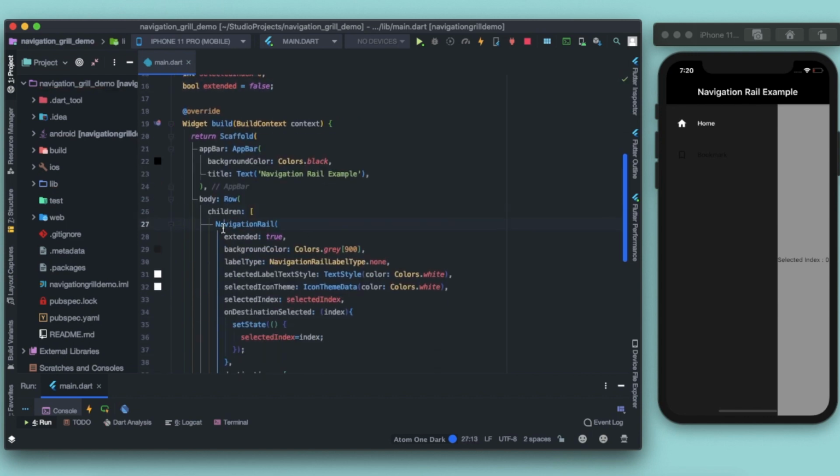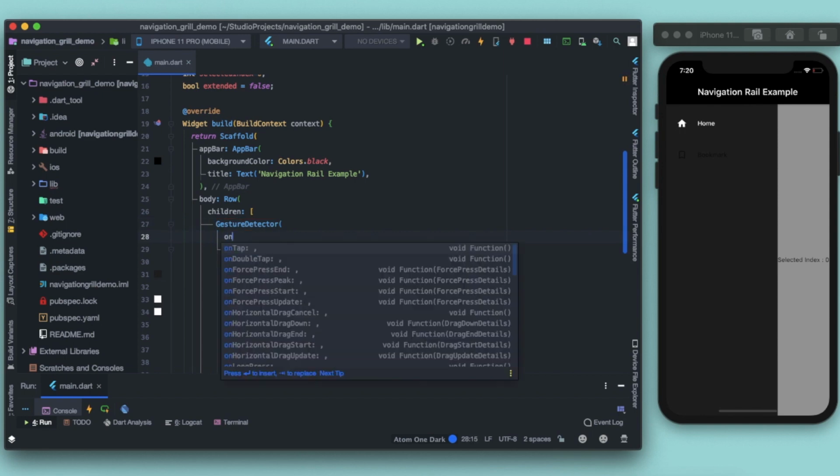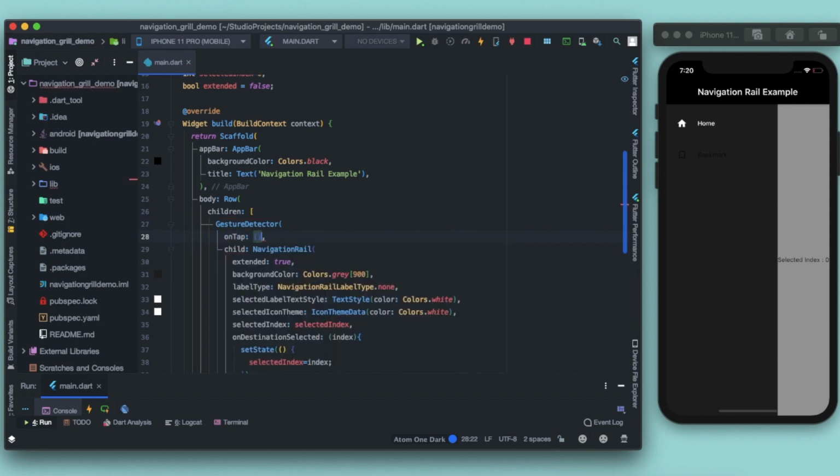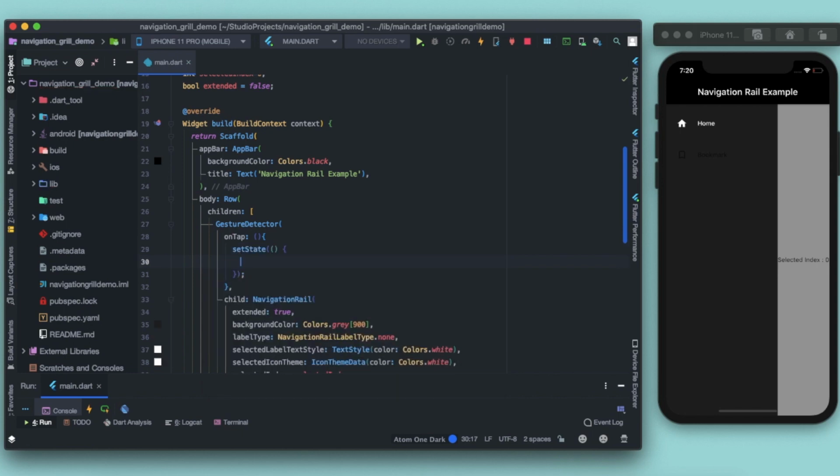Initially it is not extended. Now for the navigation rail, I'm gonna wrap it with gesture detector, right? On tap, whenever this rail will be tapped, I'm gonna set the value of extended to not extended.